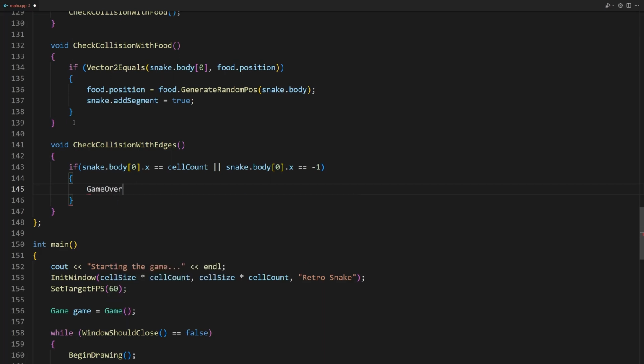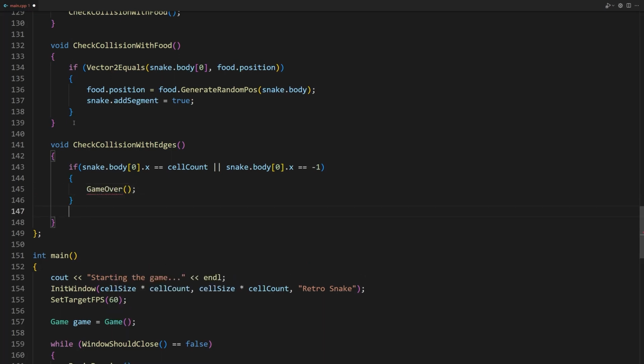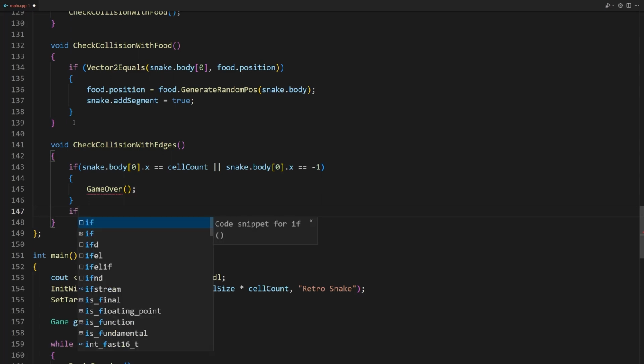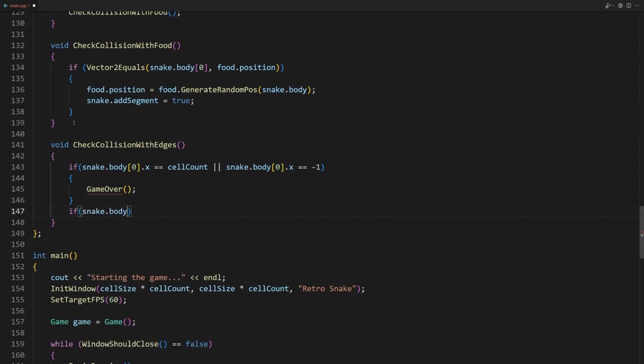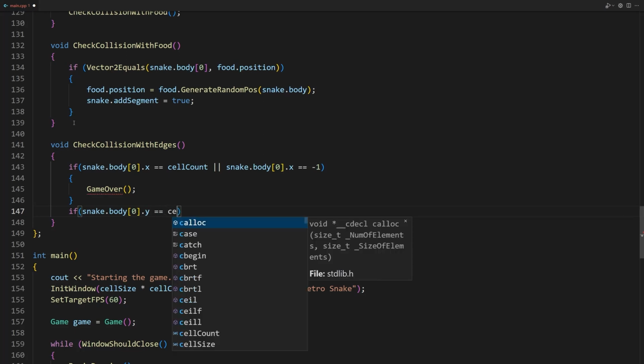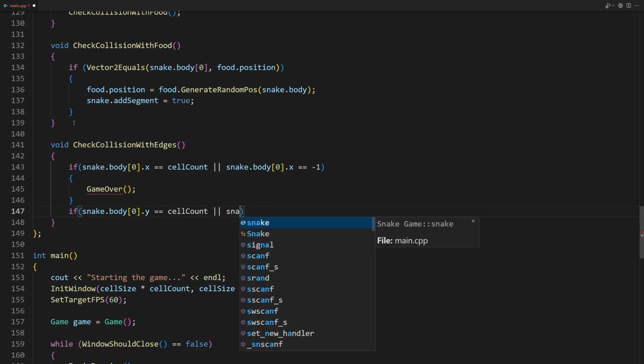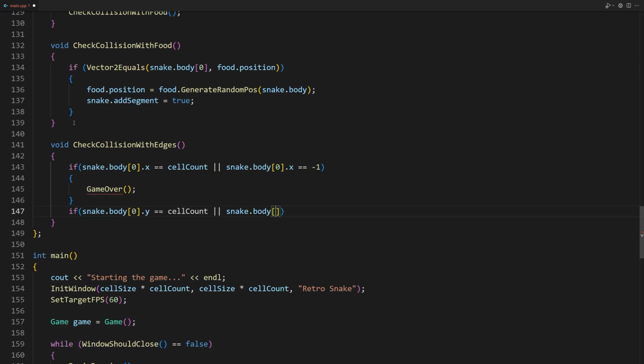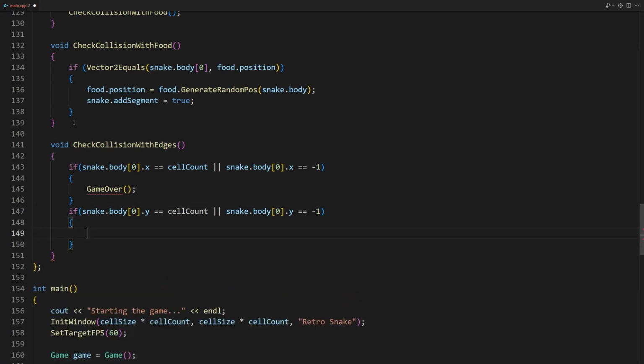We haven't created this method yet. We will do so in a minute. Before that, let's check if the snake moved outside of the game window from the top or the bottom of the screen. If snake.body[0].y equals cellCount, or snake.body[0].y equals -1 { GameOver(); }